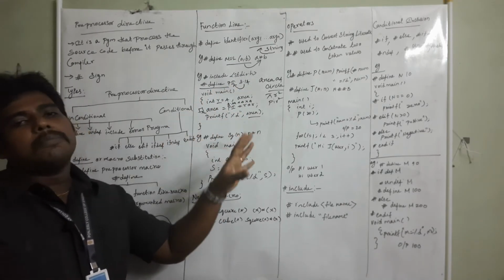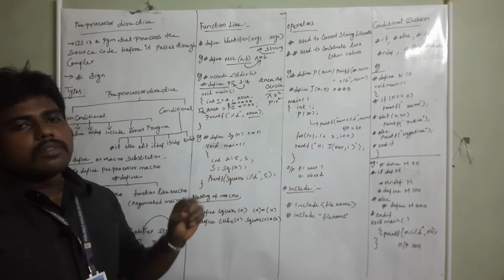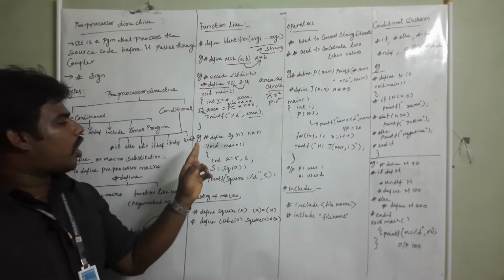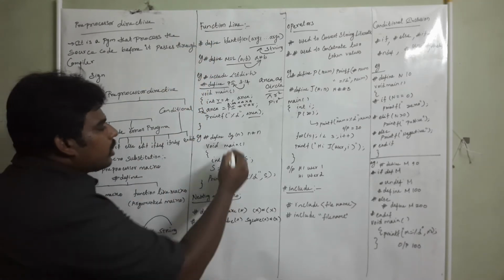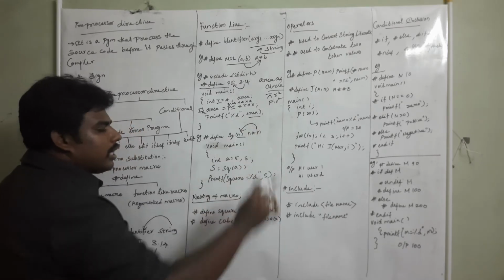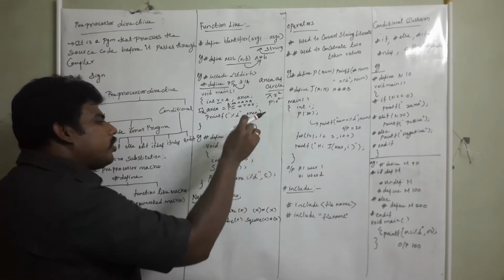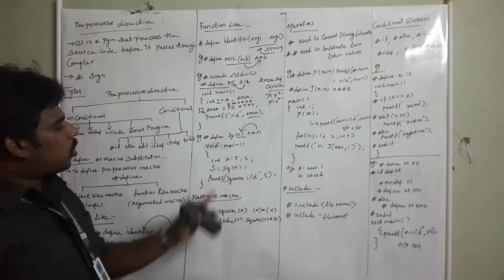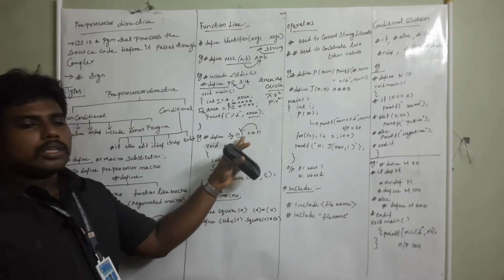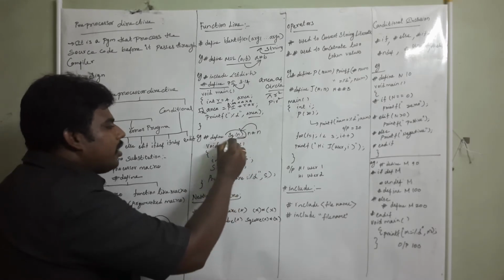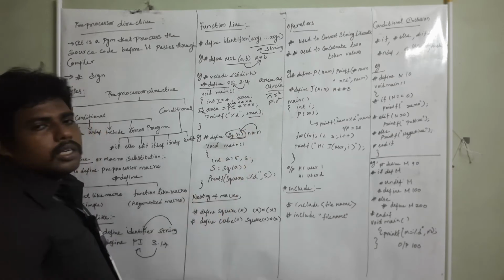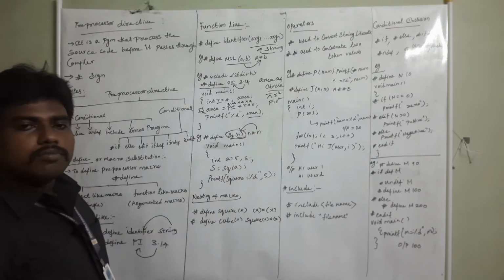Okay, this is symbol macro or object like macro. The second one is function like or argumented type. See here one argument is here, then this is the string. This is the thing you are going to substitute here. So as defined, square of n equal, if anywhere in your program, if this is coming means it is substituted by n into n. All of you got it?